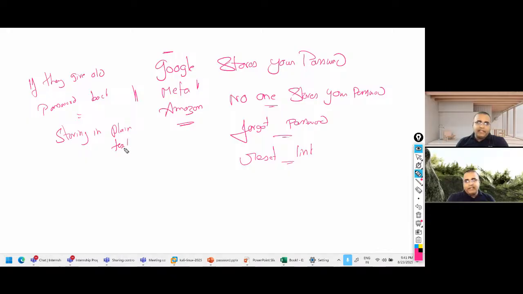This is a bad idea. They should not be able to know what your password is. If they are sending you back your password, that means it is stored in plain text in the database, everyone can look into it, and this is going to be very, very difficult.